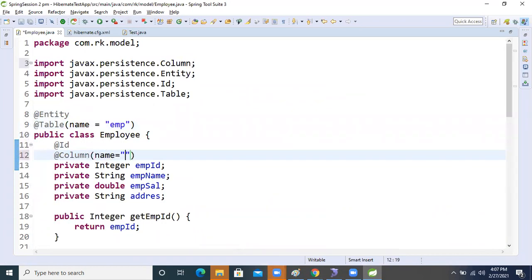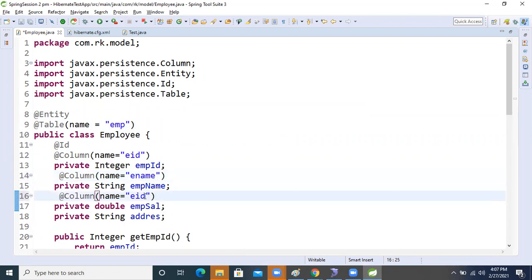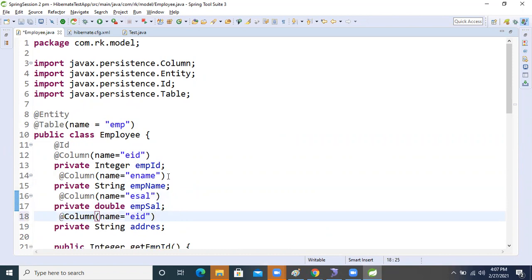Inside that I pass EID. Here also I want ename, here ename, then ecell, and here eaddr. I want these names.